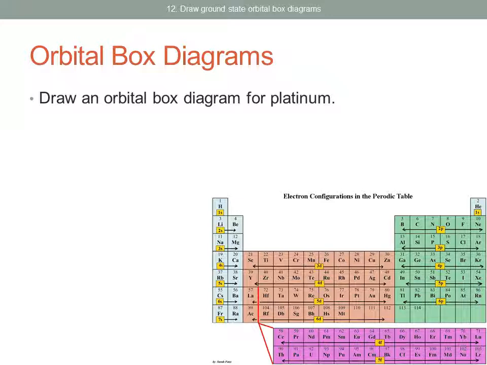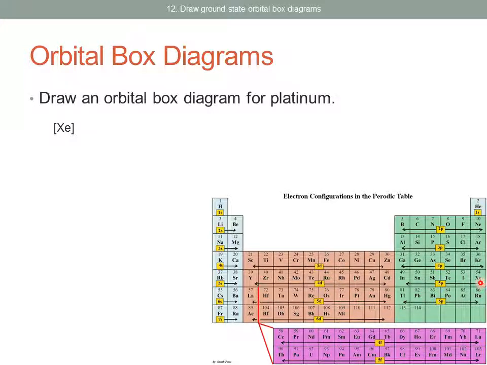Alright, draw an orbital box diagram for platinum. Notice here platinum has 78 electrons. So you might be thinking, wow, that's going to take me forever drawing all those boxes and electrons. Yeah, it could, but if you're ever asked to do this on a quiz or a test, you can use noble gas notation still, like we saw previously. So the noble gas notation for platinum would include xenon, because that's the previous noble gas,